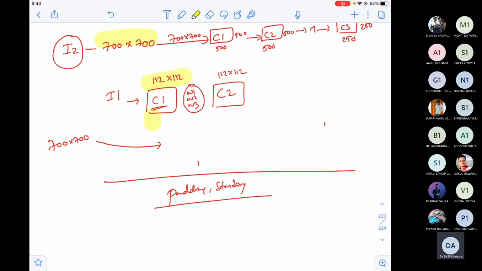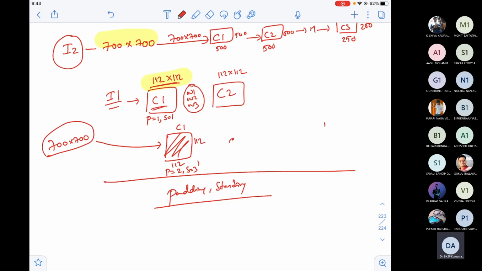Now, to get 112 cross 112 for image 1, I have padding equal to 1, stride equal to 1. Assume that. Now, to get the same size 112 cross 112, maybe you require padding equal to 2, stride equal to 3. I don't know. I'm just writing randomly. But irrespective of image size, you will get the same output size at C1.